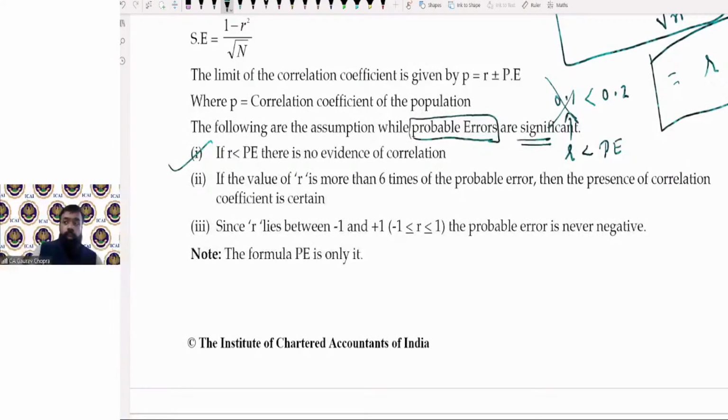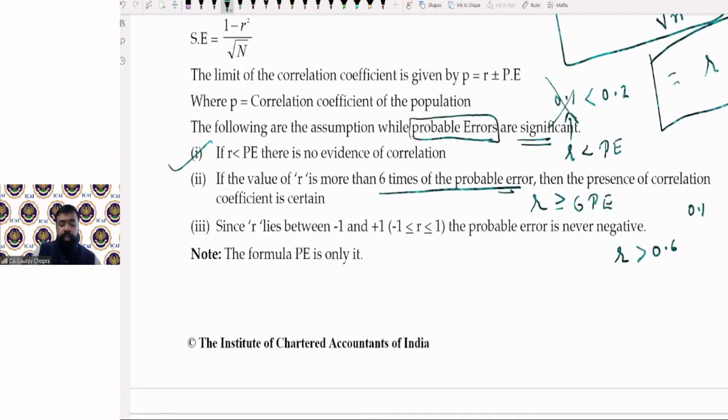तो r is more than 6 times of probable error. r कितना होना चाहिए? r should be greater than or equal to 6 times of probable error. अगर probable error 0.1 है तो r की वैल्यू मिनिमम 0.6 होनी चाहिए या उससे ज्यादा होनी चाहिए। तो एरर का 6 गुना एटलीस्ट होना चाहिए कोरिलेशन। ओके,